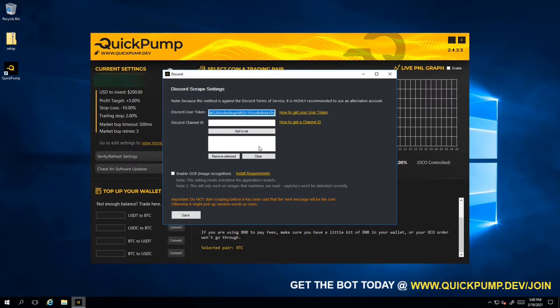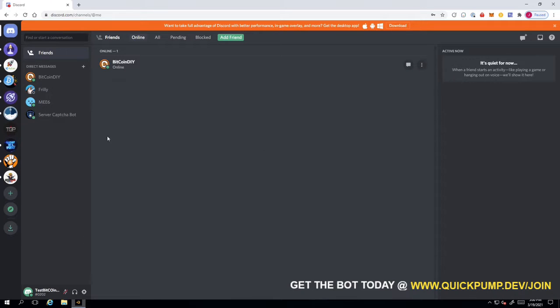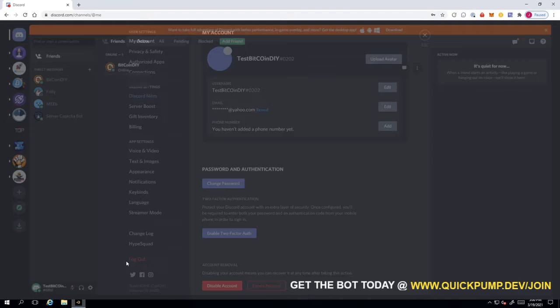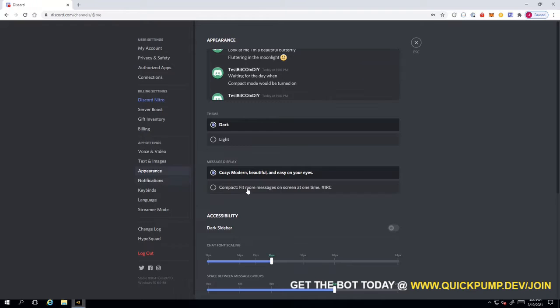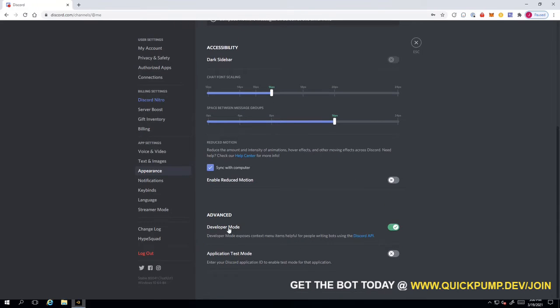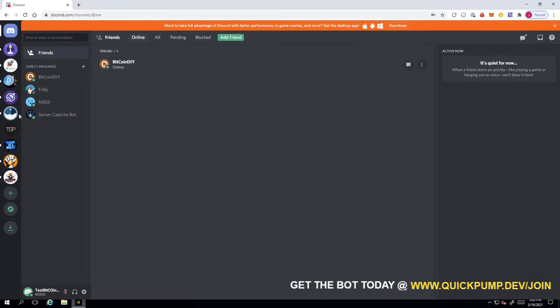Now to add the channel ID, you just simply go back to your server, make sure you have developer mode enabled, which is your settings button, appearance, scroll down, advanced, developer mode. Once that's enabled, you can then simply, we will choose